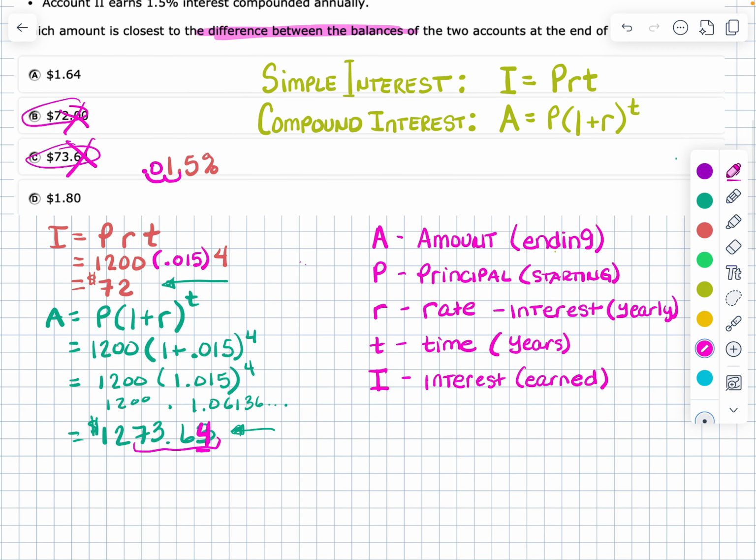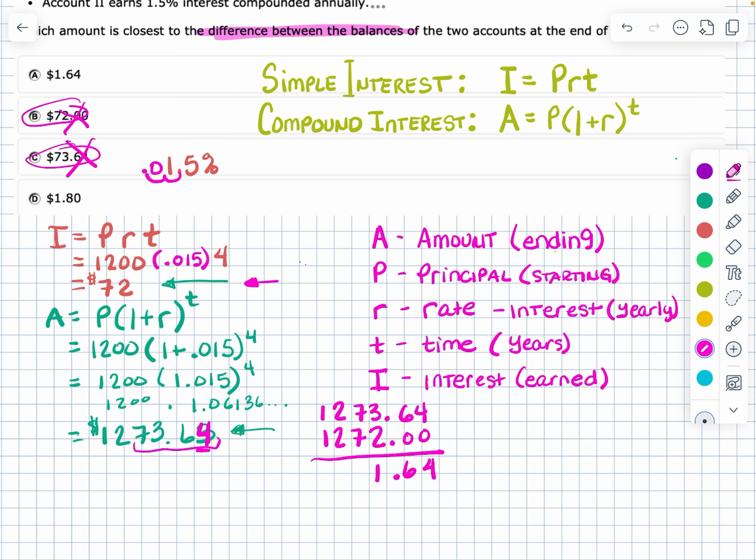So I can either add $1,200 to the 72, or I can take $1,200 off of the 73 one, and then subtract these two. So I'm going to do 1273.64 minus, and 4 minus 0 is 4, 6 minus 0 is 6, 3 minus 2 is 1, and then all the rest is 0. And we're left with a $1.64 difference,